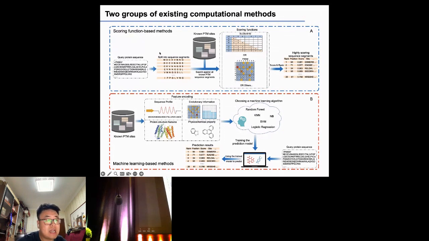These methods can be classified into two types according to the methodology employed. One group is scoring function-based methods, and the other is machine learning-based methods. Generally, the approaches based on sequence scoring functions are able to deliver the prediction outcome very quickly, while the machine learning